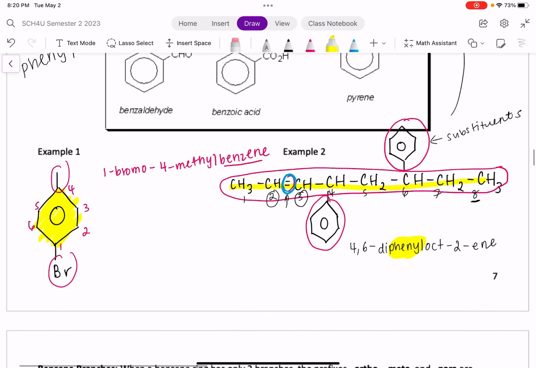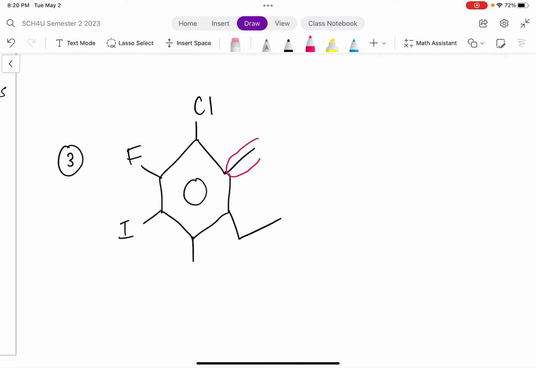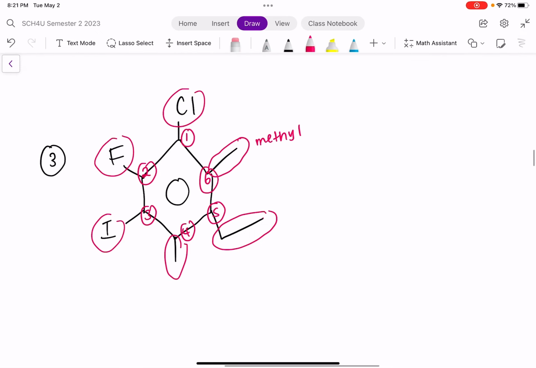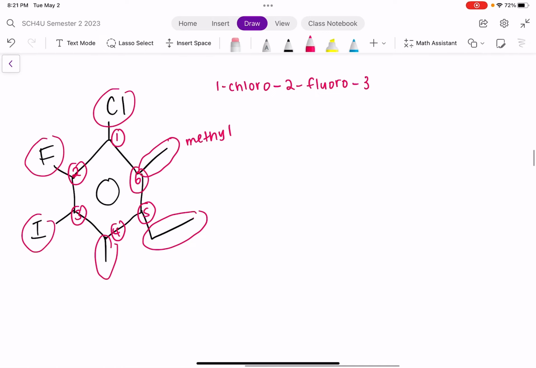And when you're doing these practice problems, it's going to be obvious whether it's the parent chain or the side group. So here, example 3, we have a benzene, we have a methyl, this is an ethyl, methyl, iodo, fluoro, and chloro. And just based off going alphabetically in order, chloro will be assigned carbon 1. So we have 1, 2, actually, we're not going to go this way because our F, fluoro, comes before M for methyl. So we're going to go 1, 2, 3, 4, 5, 6. So our name is going to start alphabetically. So 1-chloro, 2-fluoro, 3-iodo,